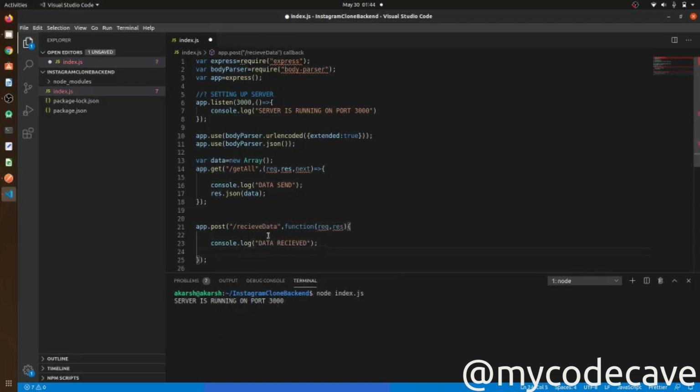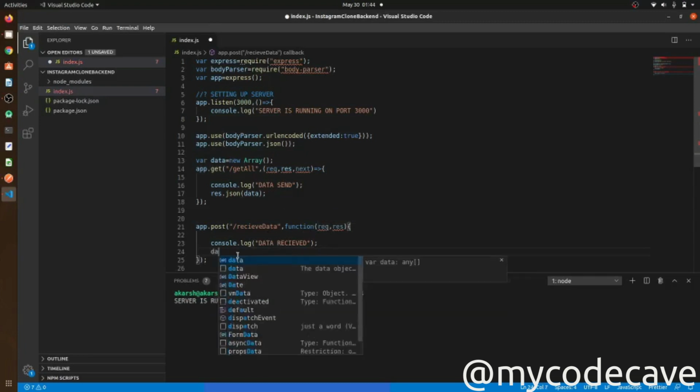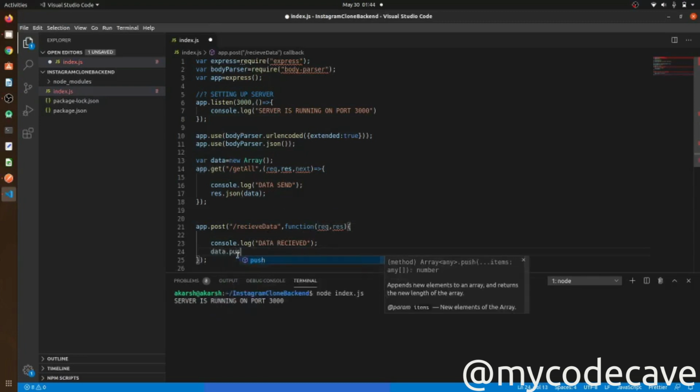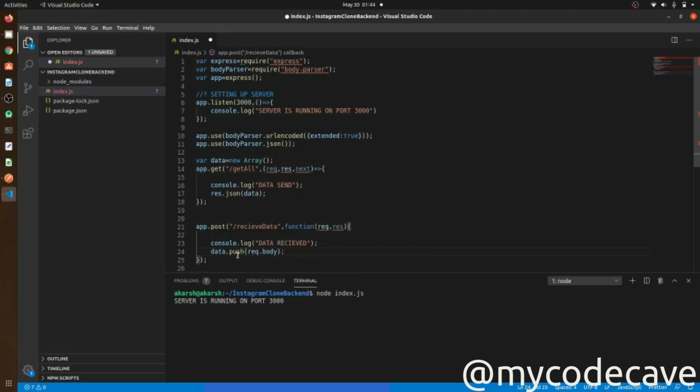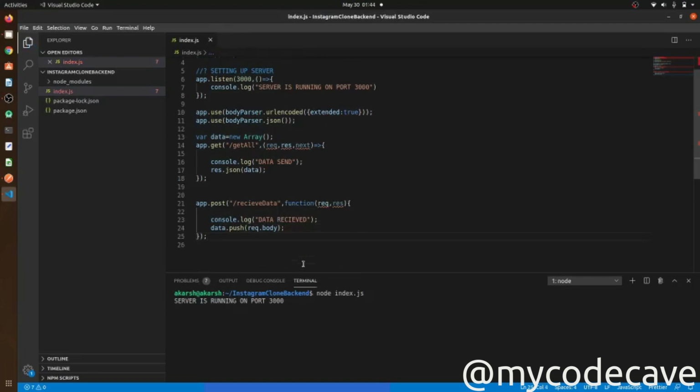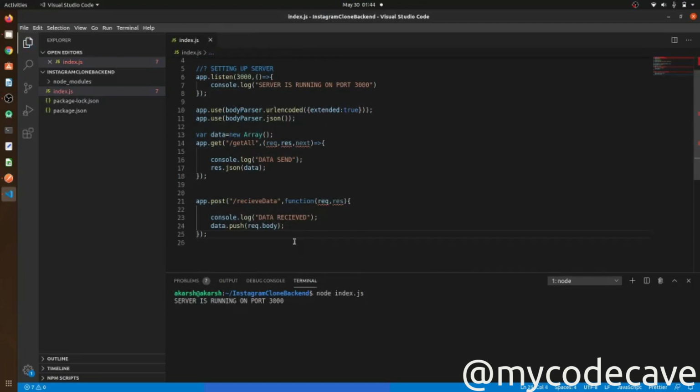Now we will push the data that is coming from our request into our data. So data dot push request dot body. We will just add them. Now let's see what our code does.